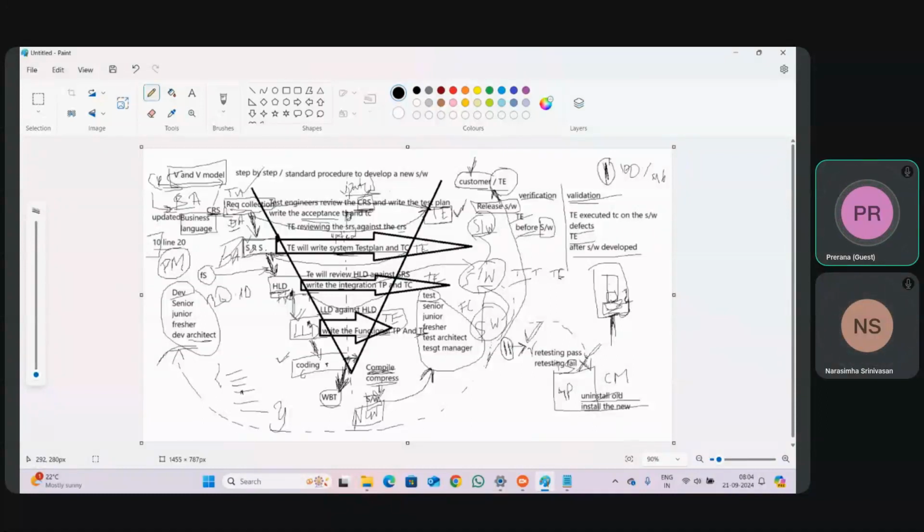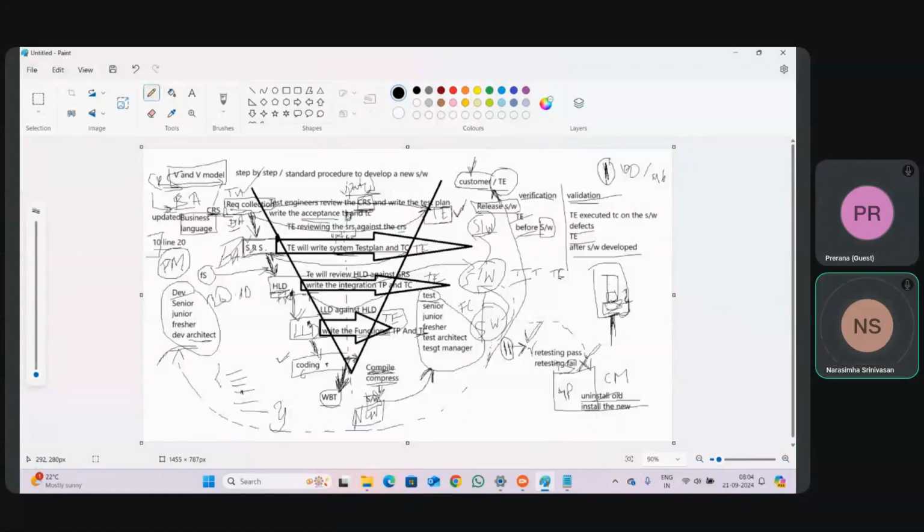If they find any defect, they communicate it to the business analyst. The business analyst will check it and fix the defect in SRS, and communicate to the architect that there is a defect which flowed from SRS to HLD, so update or fix it. He will give the updated SRS to the test engineer. Now the test engineer will continue reviewing and complete writing the system test plan and test cases.